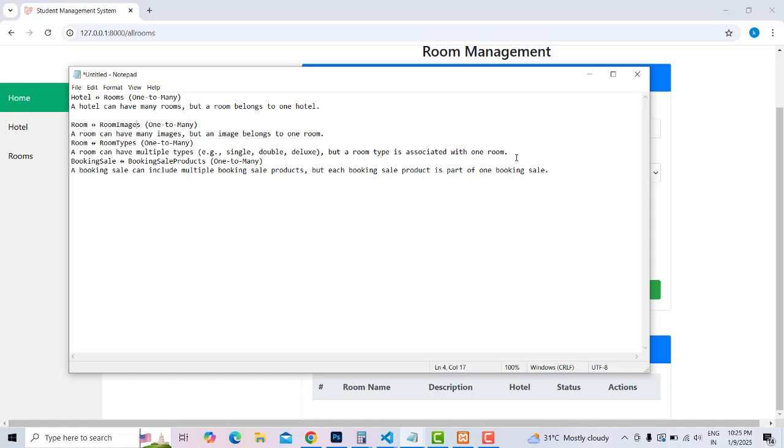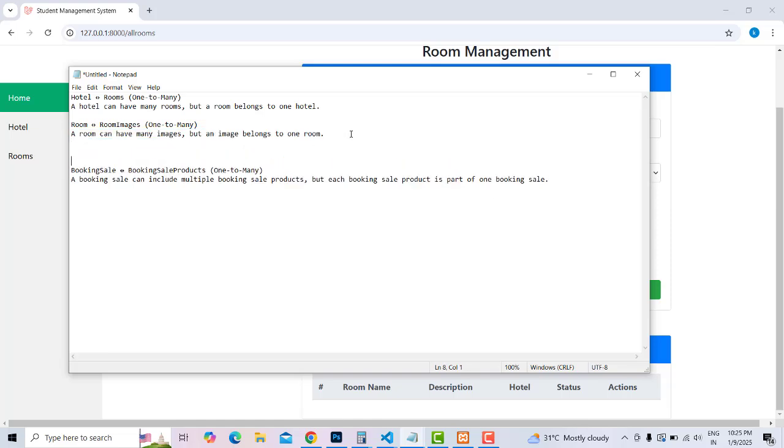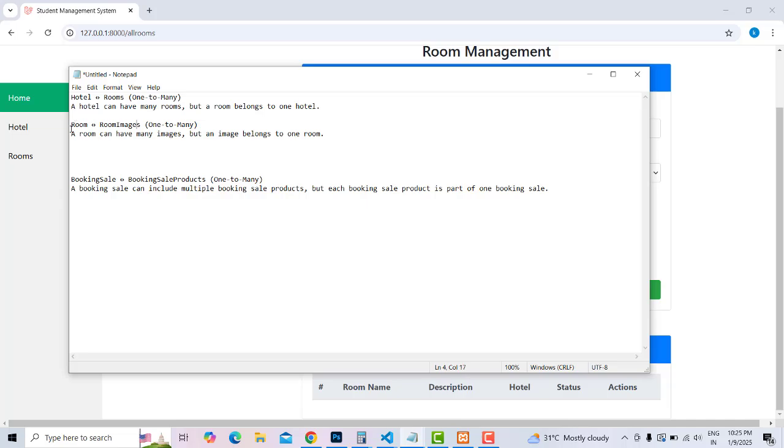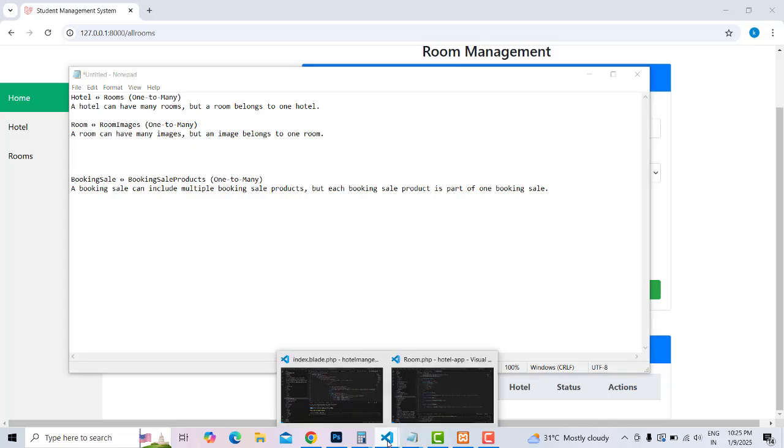Room images. Whatever the relationship is, this one we do not need. So we have to cover this one: room and images, one room consists of many images. These are the things we have to implement. So how to make the relationship? Let's go to my